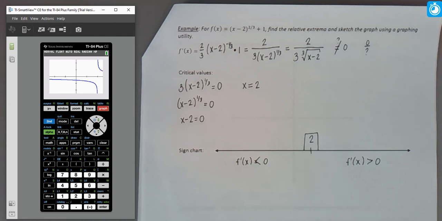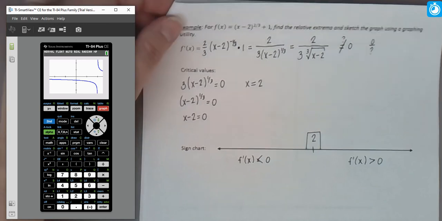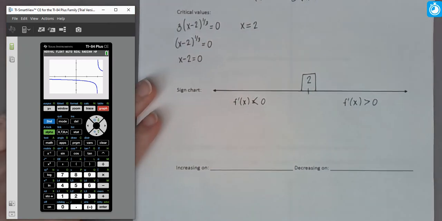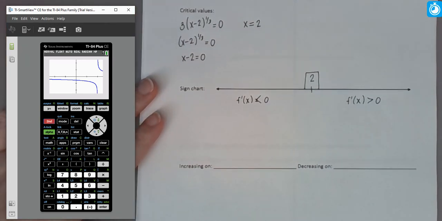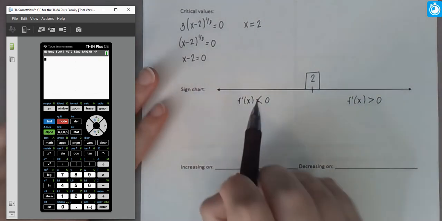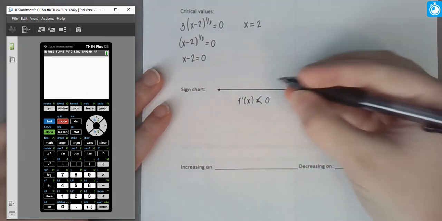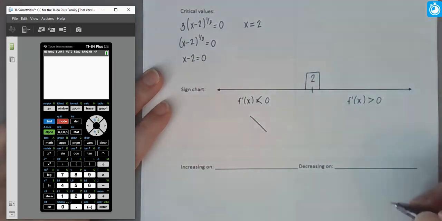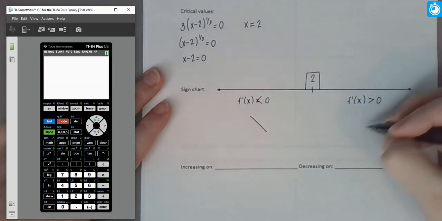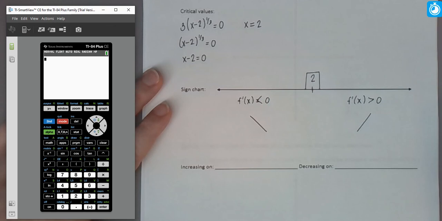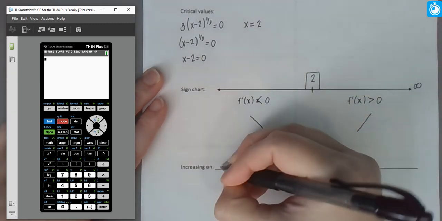And then to the right of 2, to the right of that asymptote, the graph is above the x-axis, so the derivative values are all going to be positive. So from the standpoint of the actual function, again, let me get out of there so we're not confused by that. If our derivative is less than 0, it means we're decreasing. And if our derivative is greater than 0, it means we're increasing. So we are increasing on the interval from 2 to infinity,